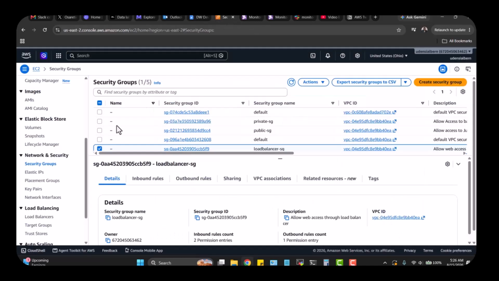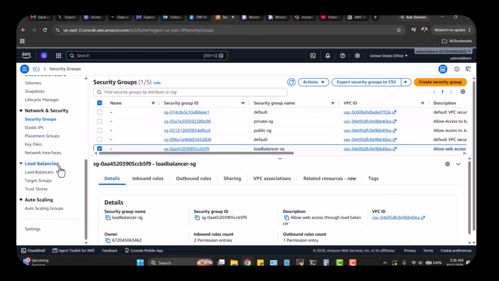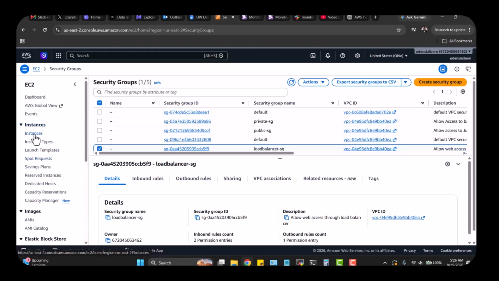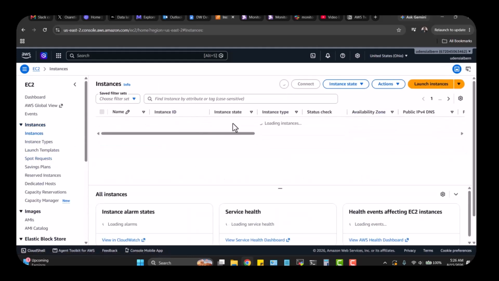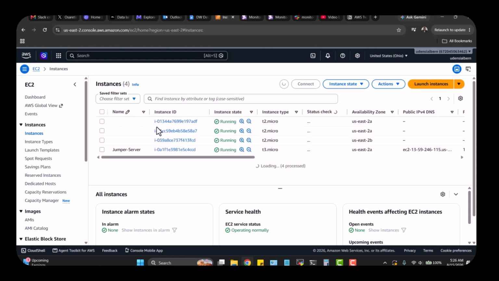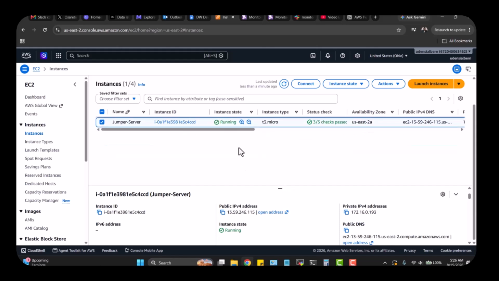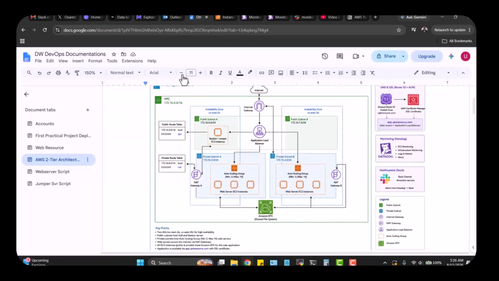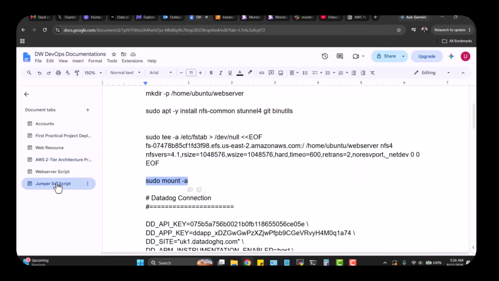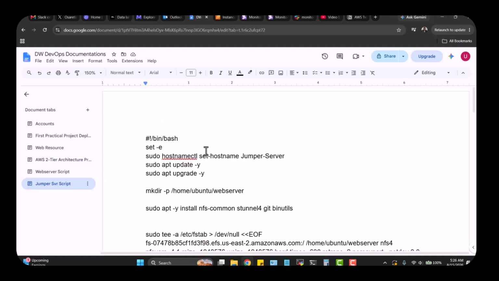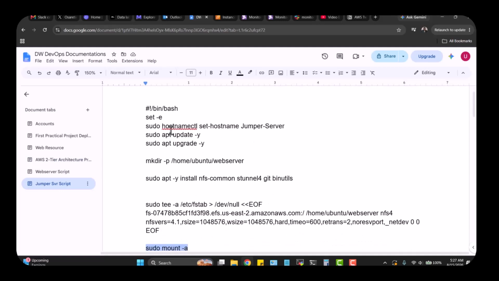After that, what we did was to first provision our jumper server. That was the first thing we did. The jumper server runs on Ubuntu Linux, and I have the scripts that I use. We have a bootstrap script. This bootstrap script is a bash script. What it contains is basically